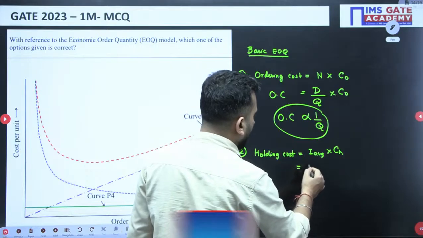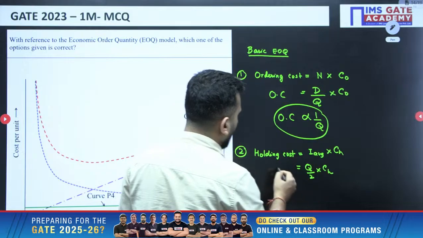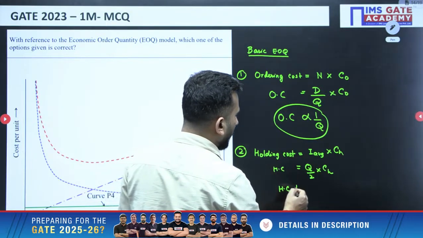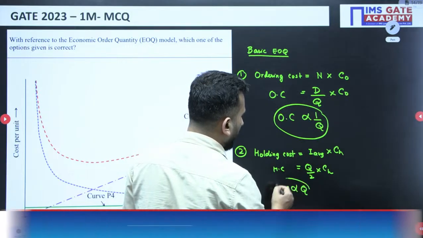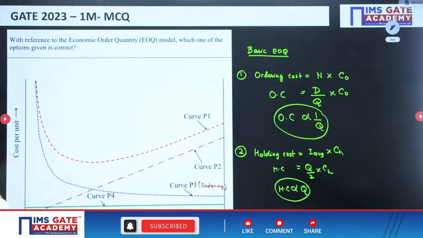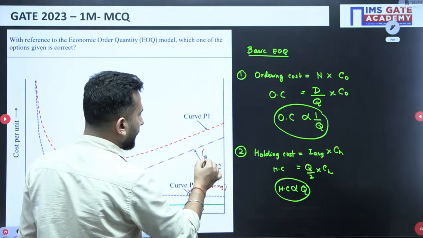So average inventory is Q by 2 into CH. So clearly you can see that holding cost is proportional to Q. Holding cost is proportional to Q, so it will be a straight line. So curve P2 is saying that it is the